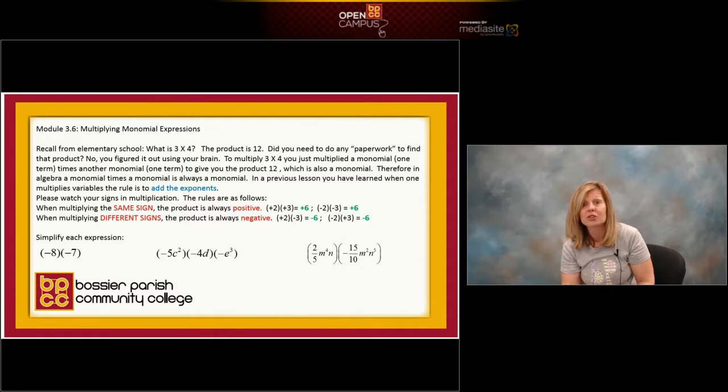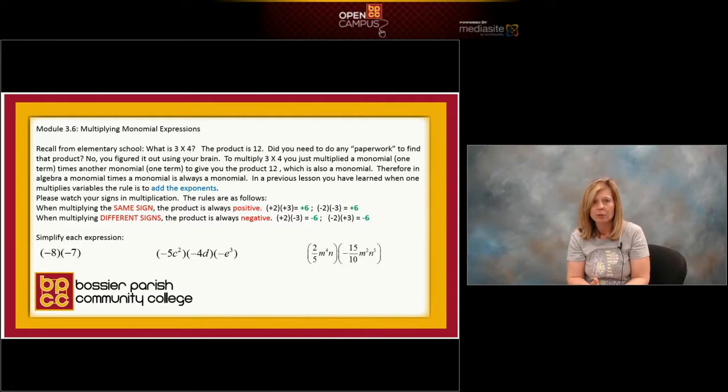Now, we've been doing this already. When we did the product rule and the power rule, we were multiplying monomials. I just didn't use that verbiage yet. So what we're going to do is concentrate on multiplying monomials in algebra. Again, I'm going to make you understand everything that we do is related to arithmetic. If you don't know your rules for multiplying with positives and negatives, I get it. This gets difficult. So we've got to go back over our rules.